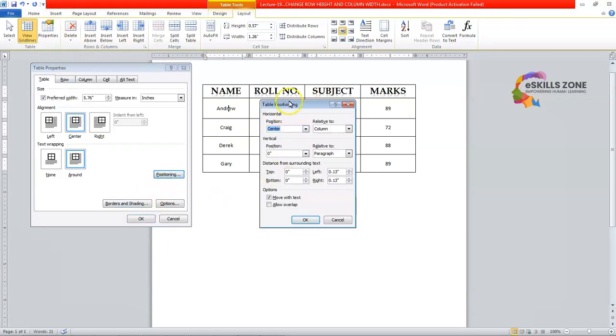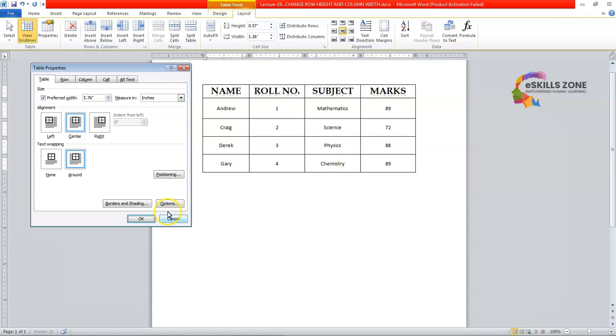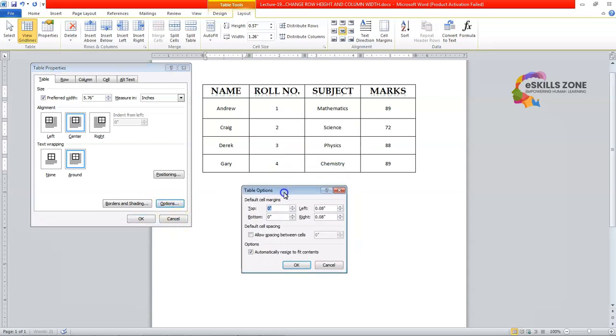and see the positioning of it, then viewers, you can see that it has a horizontal position at center relative to column, vertical position is 0 inches relative to paragraph, distance from surrounding text is 0 inches top, bottom 0 inches, left 0.13 inches, and right 0.13 inches. So move with text, allow overlap. If I click at the allow overlap option, then you can see that. And you can see the default cell margins, allow spacing between the cells,